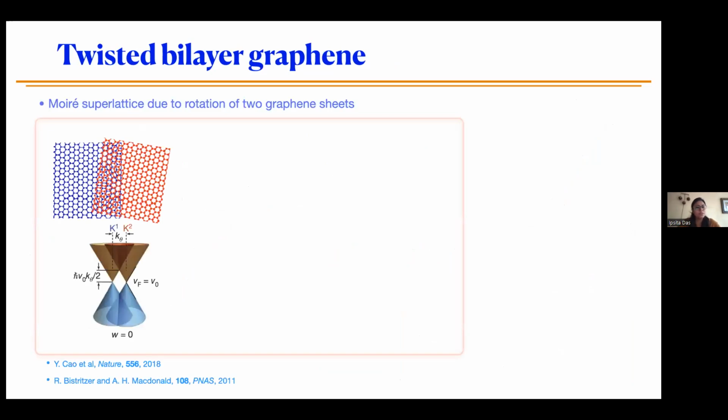So here, for example, I have two sheets of graphene shown by the blue and red color. So in reciprocal space, in momentum space, you have two Dirac cones which are almost close to each other, but separated by a distance given by k theta. Theta is your twist angle between two graphene layers. So in this picture,